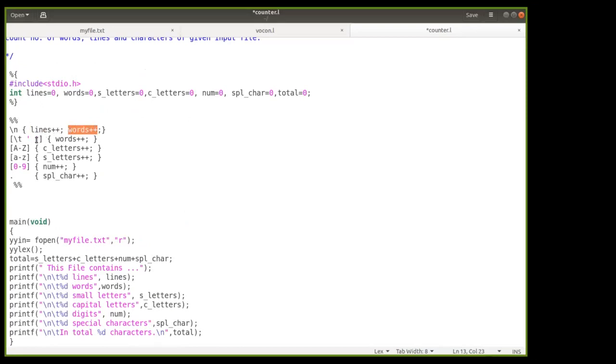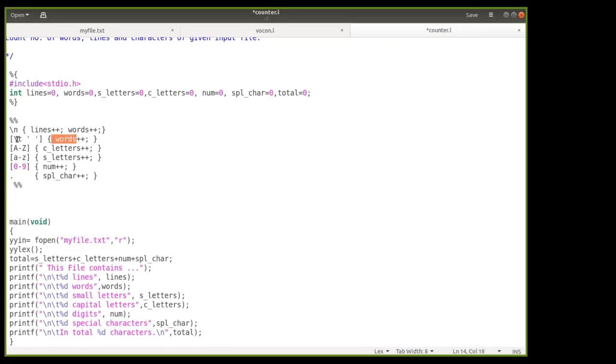Also, you can see this \t as a tab. This tab, as a space, is to count the spaces. When you give a space after some word, at that time we can be sure that your word has been completed. Understood? So this rule \t and space will be utilized for the purpose of word counting.